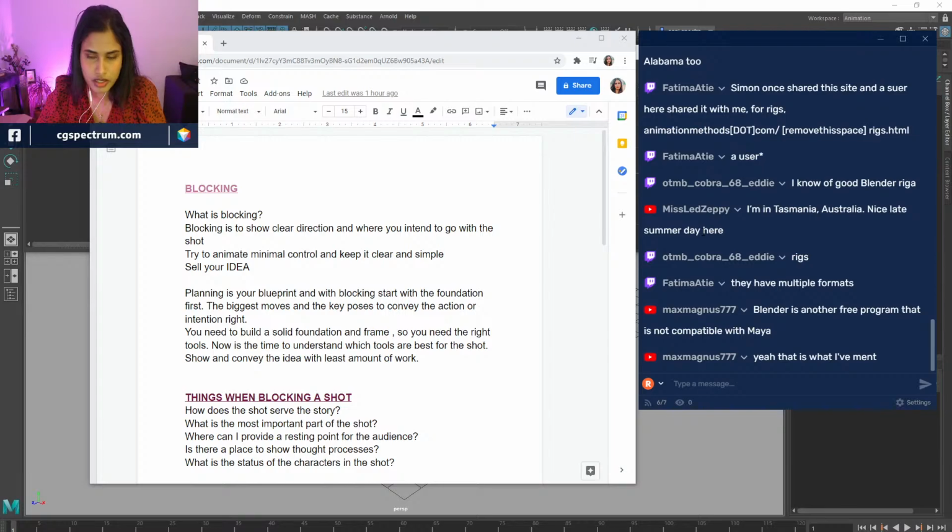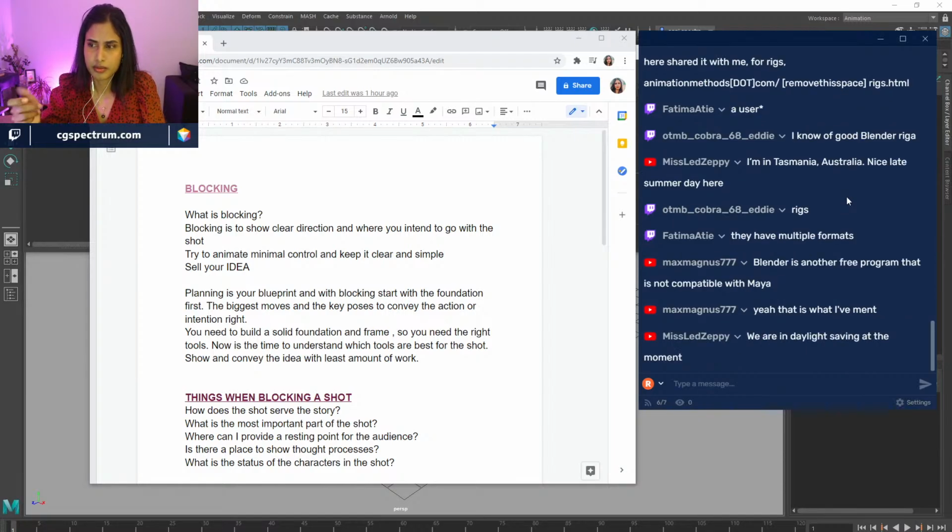CG Spectrum is an Australian school, so I need to turn my clocks, because for us it starts in March. How about you guys? I'll have to keep track of that time better. And I guess you guys will turn the clocks two hours back.